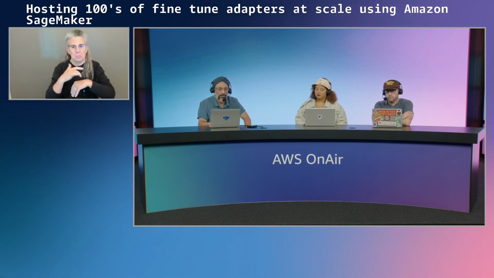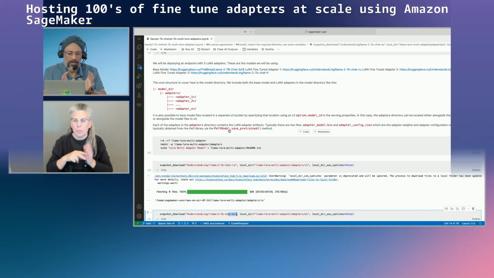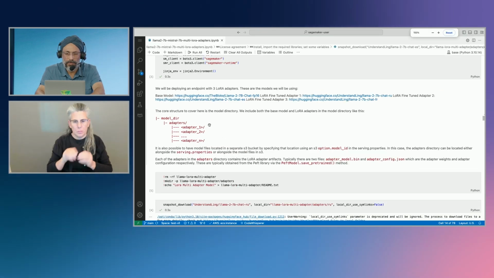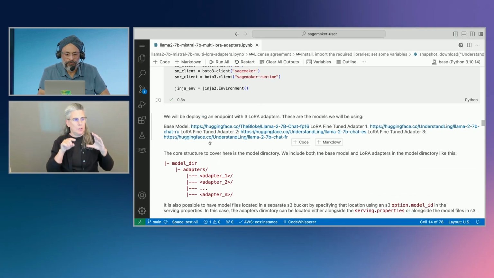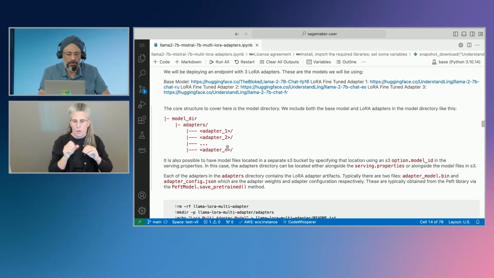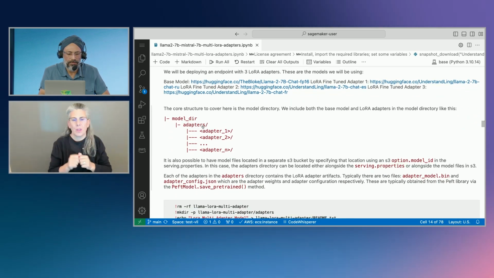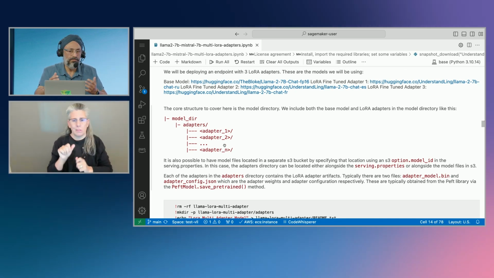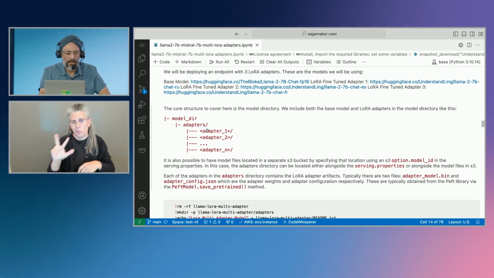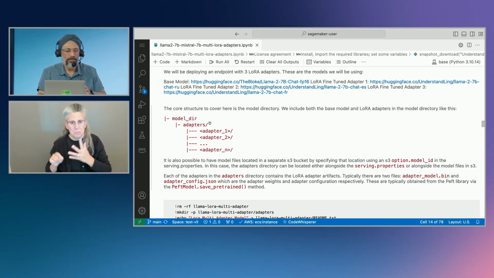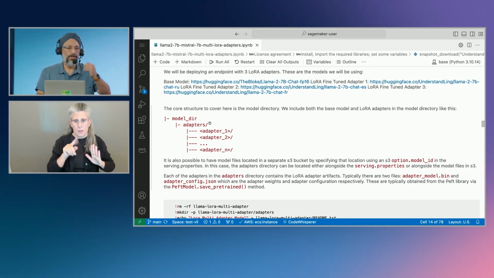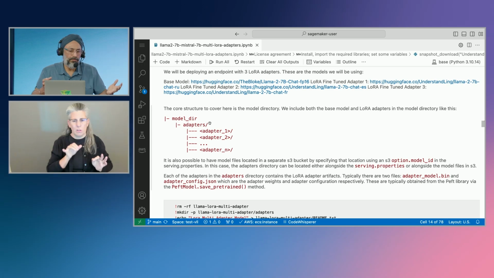So if you start to look into the code, it'll start to make sense. And I can zoom in a little bit so we can see better. The structure which we are looking for is something like this. You need to have multiple adapters as part of your base, wherever you want to have your adapter set. Could be S3, could be any other location. You can have the base model as part of that adapter, or you can specify, hey, my base model is in Hugging Face, go fetch it from there, and we'll do all that for you.